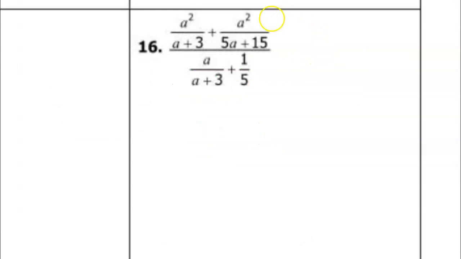Alright, let's take a look at number 16. It's crazy looking, but we're just going to break it down into our pieces here. So the thing about this is we need to add our numerator and whatever down here in the denominator need to be added before I can cancel them out with multiplication. So we're going to go ahead and add these first. So that means that my numerator is now going to be